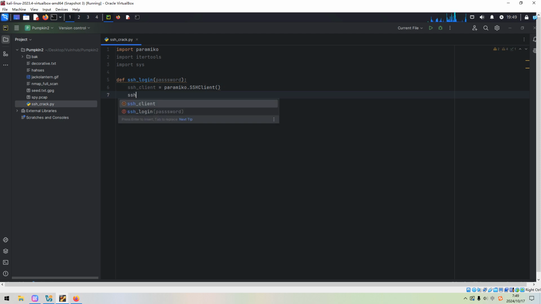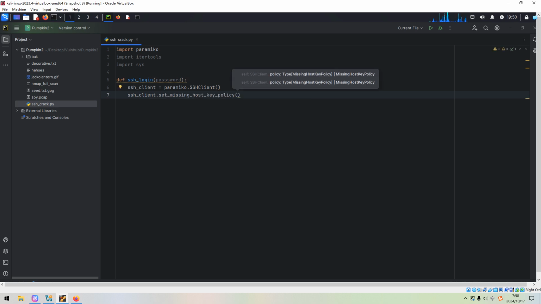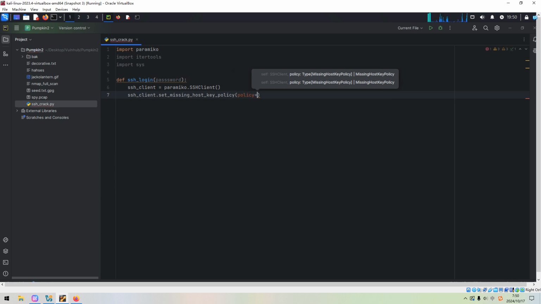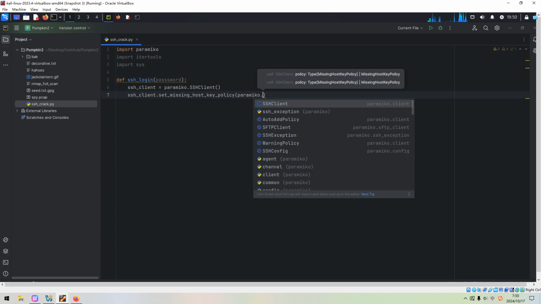And then, of course, we need to set a missing host key policy. This means that if the server's host key is missing, the host key of the target will automatically be added. Okay, so Paramiko, oh sorry, not this one, Paramiko, so this should be